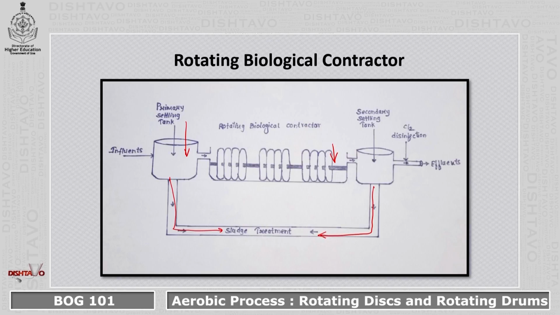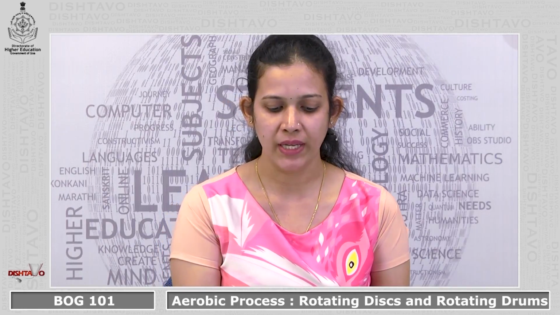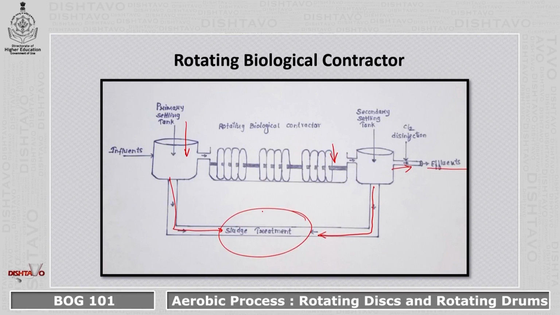Whatever water is treated is then passed on into the disinfecting section, where it is purified with the help of chlorine, and is now ready for discharge, that is the effluents. Whatever water is discharged can either be reused or directly discharged into the environment. Whatever sludge is collected in the sludge treatment sections can be treated properly and used as fertilizer.